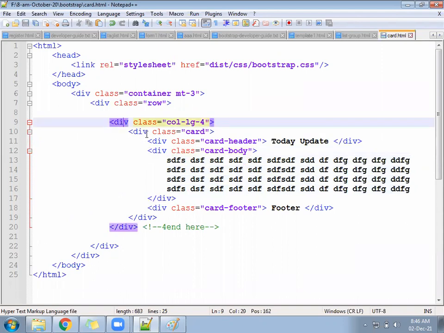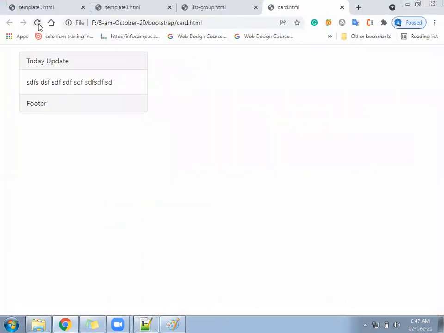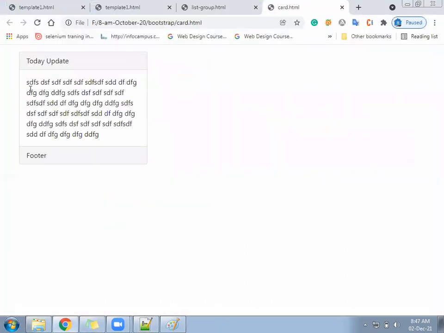Your col-lg-4 is over. Something like this. Some text got increased. So the body looks meaningful now.